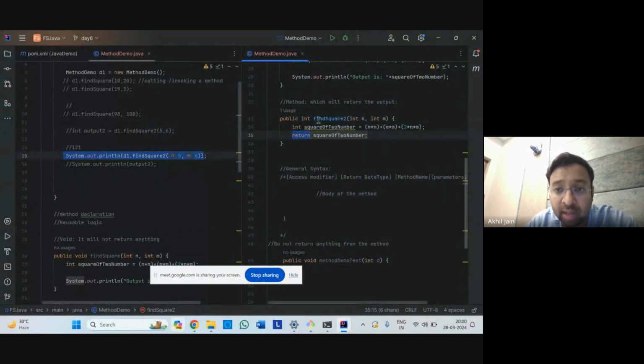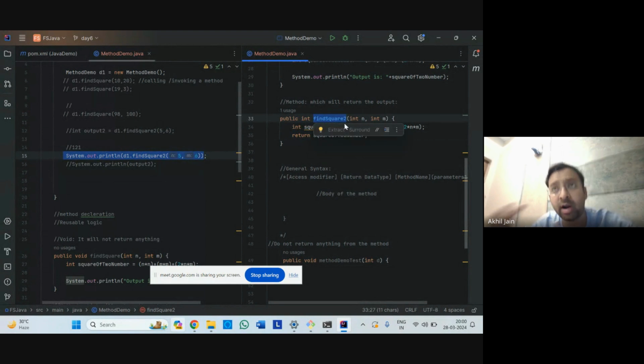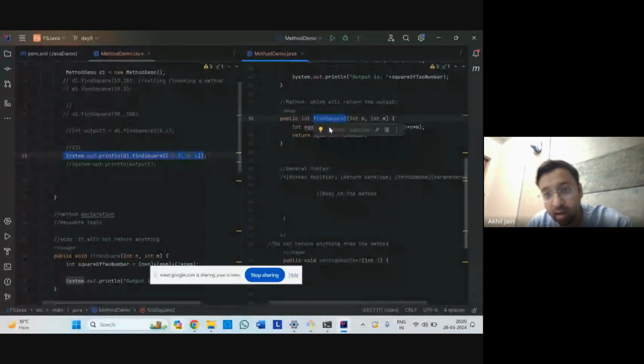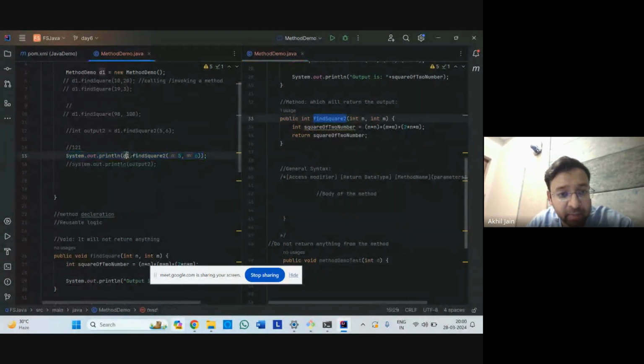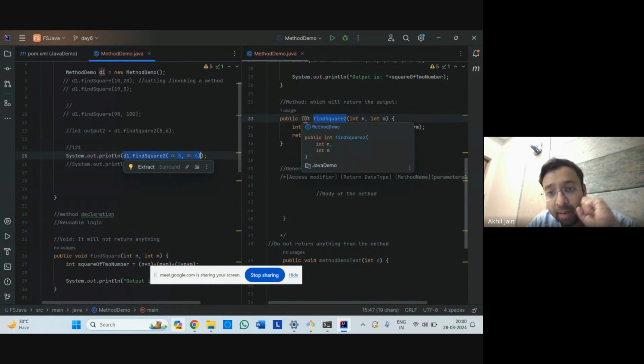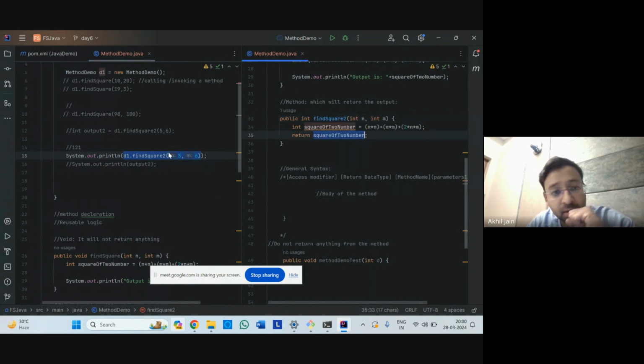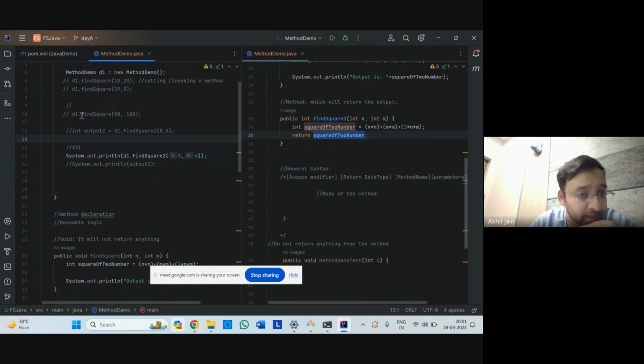So what is happening is that this invocation here, when completed, will return a value of type int. And what value will it hold? This value. So here you're getting 121 as an output, right? But if you do the other thing here,